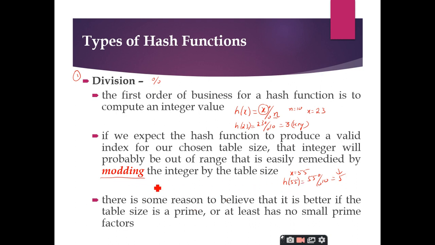This modding function can also be used to limit the value to the range of indices of the particular array which you have defined. For example, I have defined an array. Here the array is nothing but the hash table. We will discuss what this hash table is. A hash table is nothing but a data structure which is used to store values, right? In general, we make use of arrays to implement hash tables. That is the relationship between the hash table and arrays, right? So when I say arrays, you just imagine that it is nothing but a hash table.